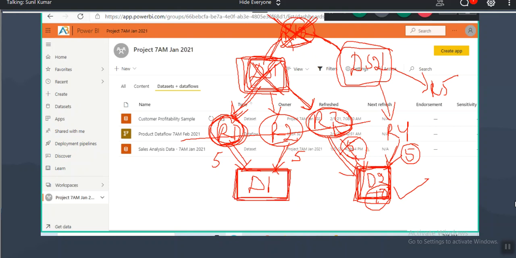Now tell me, when I delete this data set, will this dashboard be there or will it be deleted? The dashboard will be empty. It will be there, but you won't find a single visual in the dashboard. Why? Because this dashboard is using the visuals from report 1 and report 2. So that is the reason you don't find any. In this dashboard, you don't even find a single visual. Right.